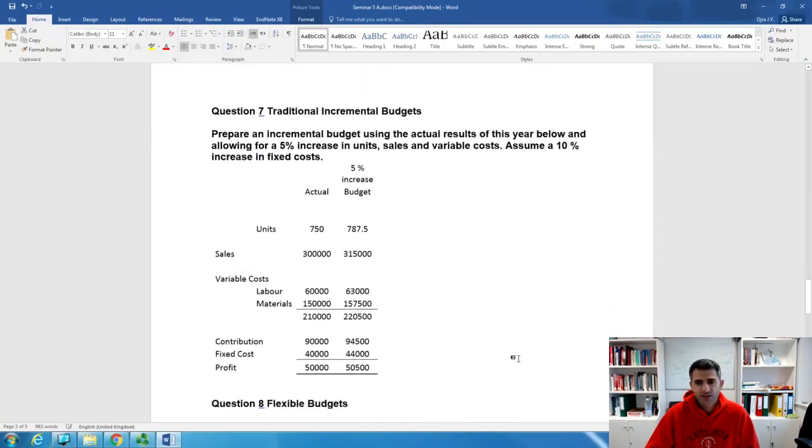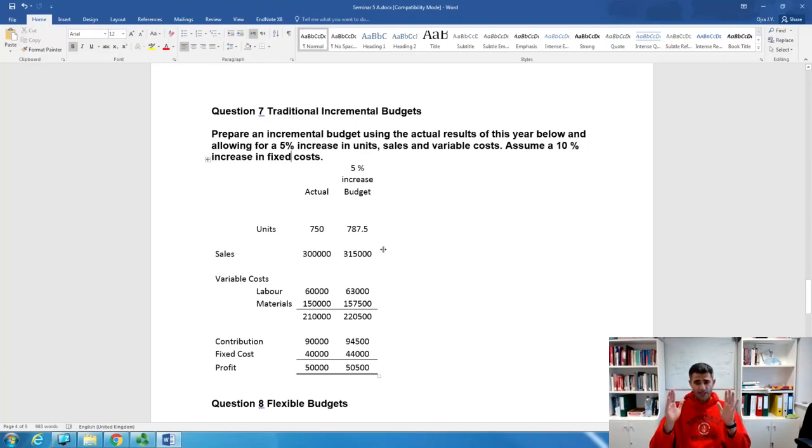Question number 7 talks about incremental budgeting. When it comes to incremental budgeting, we need to prepare a statement and we need to add 5% increments for next year for units, sales and variable cost, and you need to add a 10% increase in fixed cost. In this case, guys,